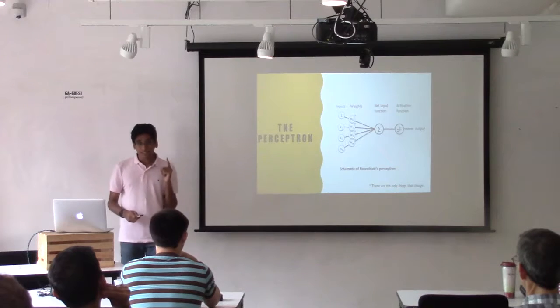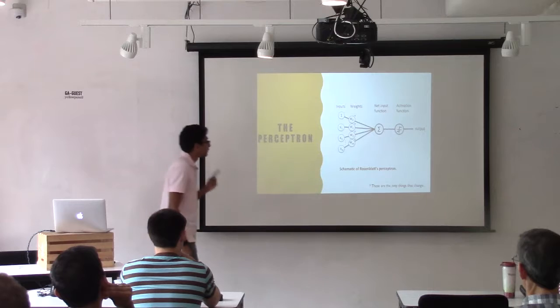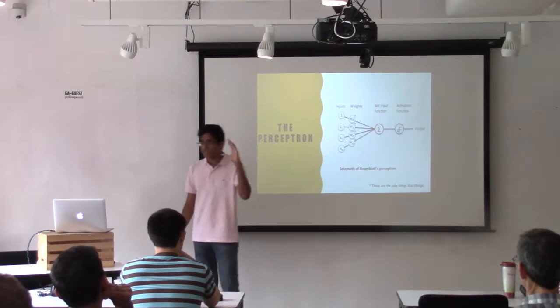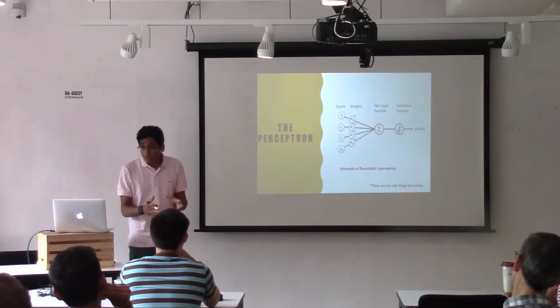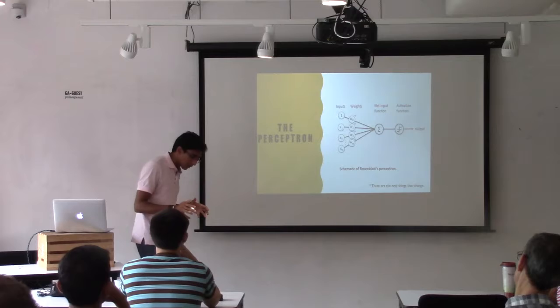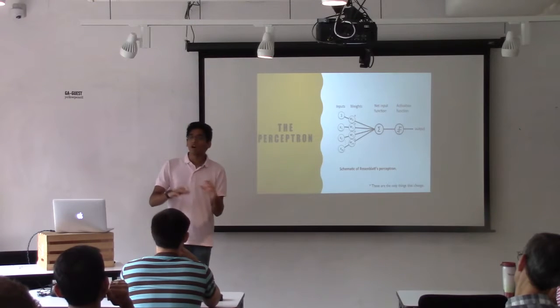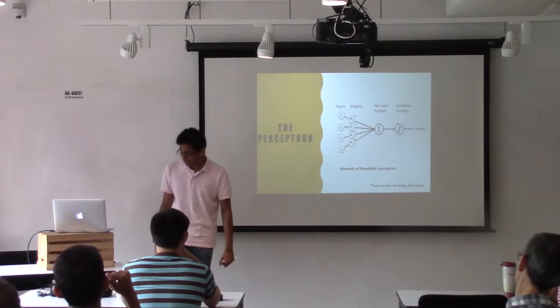So a single perceptron is actually a neural network on its own. It's just a very, very basic neural network. And back in the 40s and the 50s, this is the kind of stuff they were using, just single perceptrons. But then they realized that perceptrons have a lot of problems. A single perceptron can't even calculate the output of an XOR function, which is just a really, really simple Boolean calculation.